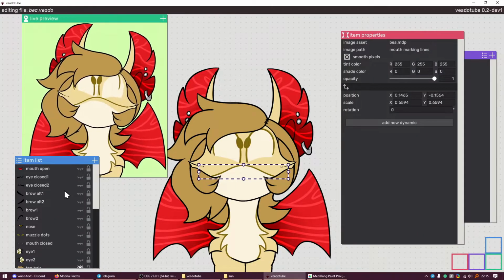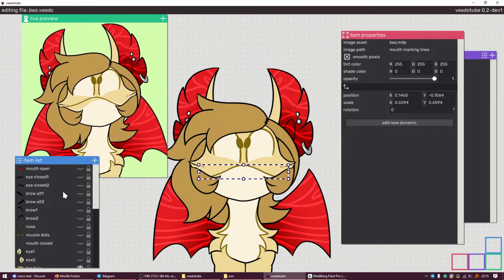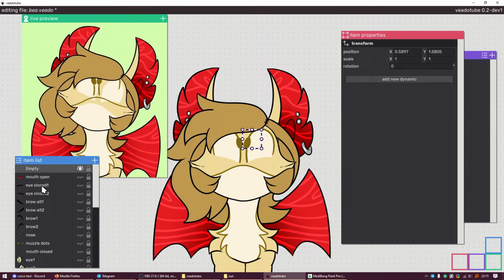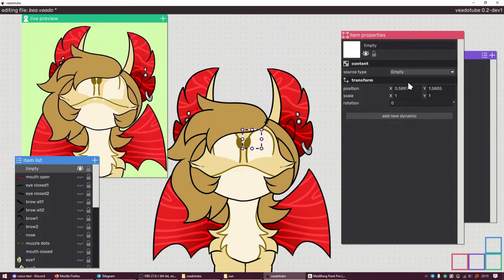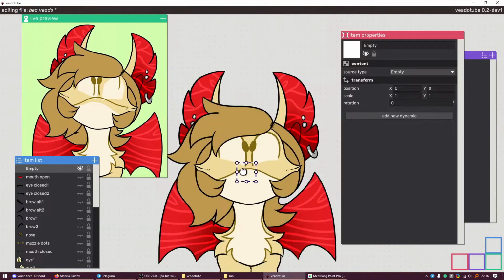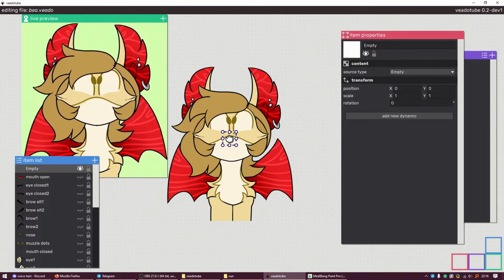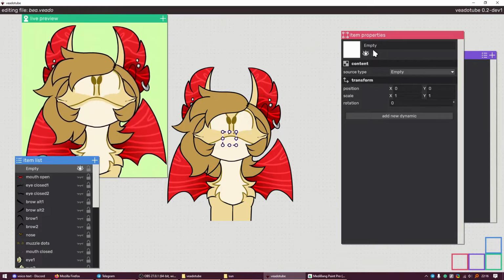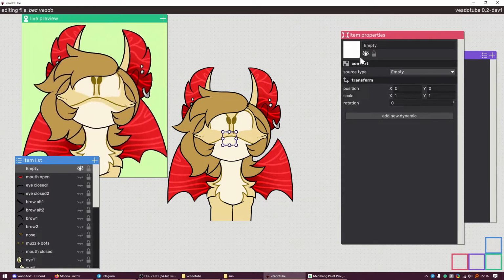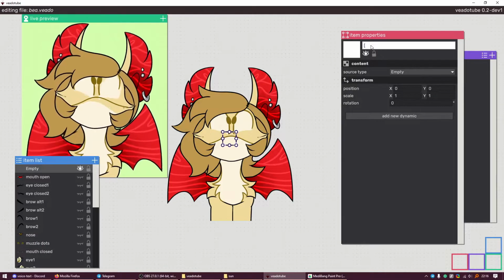For the face, we're gonna get into some fun things that I forgot to mention before, which is an empty item. Yay! There are empty items, which are items that have nothing in them. They're invisible. They don't have an image linked to them. If you need some help with rigging, just like I'm gonna need right now, empty items are useful. So what I'm gonna do here is create an empty item.